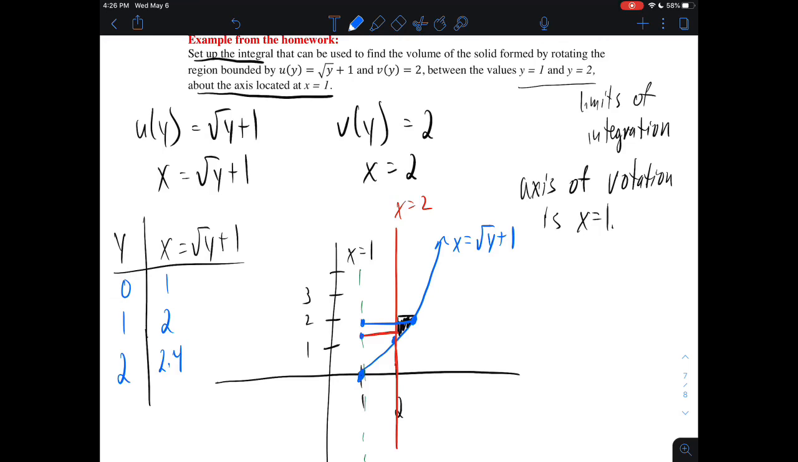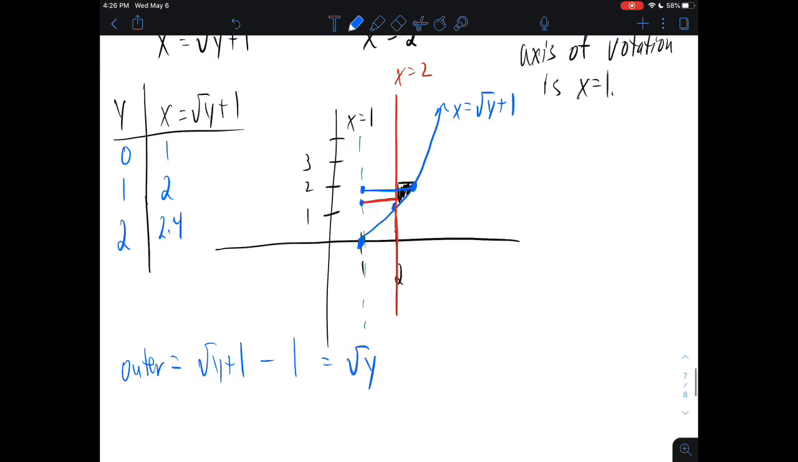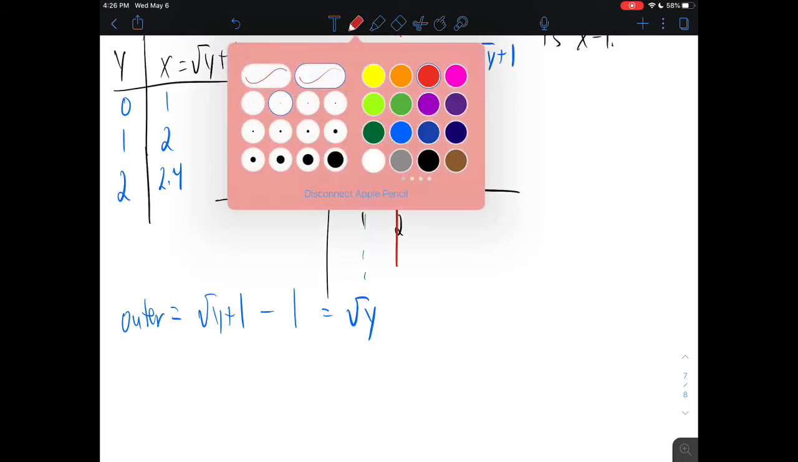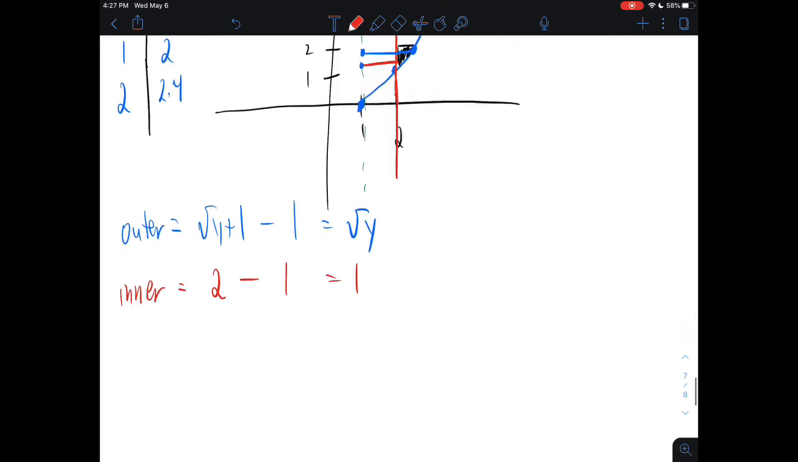So we can write those things down. Outer is just x equal to the square root of y plus 1 minus the x value of x equal 1. That just becomes the square root of y. And then the inner radius, that's just the x value of 2 for the red line minus the x value for the axis of rotation, which is 1. That gives us 1. And so now my volume